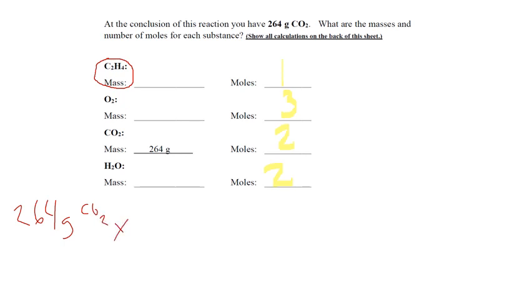And I'm going to multiply this by a few things. The first thing I'm going to multiply is, well, in order to go from CO2 to C2H4, the only way I can do this is by using the idea of a mole, okay? So being in grams does me no good. So I want to convert this to moles. So I say, oh, all right. I know previously